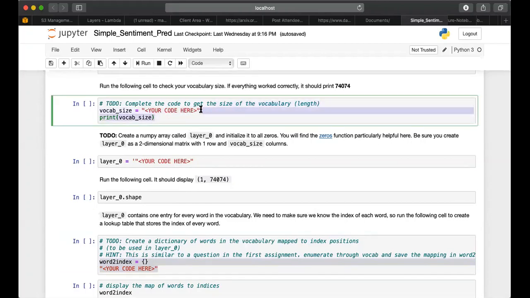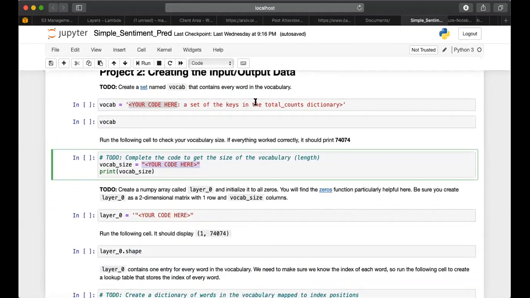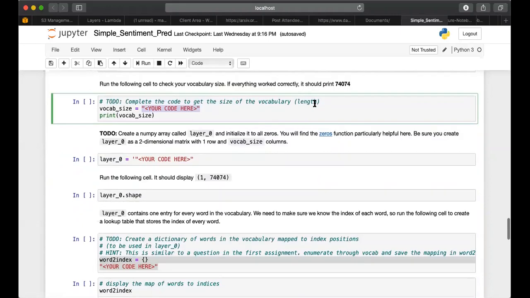Remember that when you perform a function to create a set out of this total counts dictionary, you save it in a variable. That variable does not change the positions of the words. If it's saved in a list, it doesn't change the positions of the words in the list.